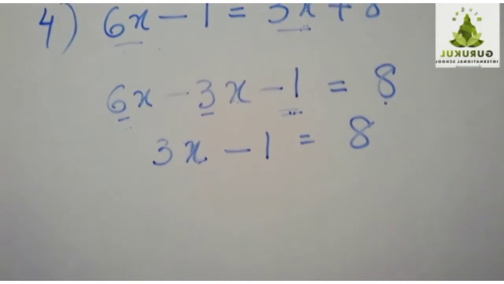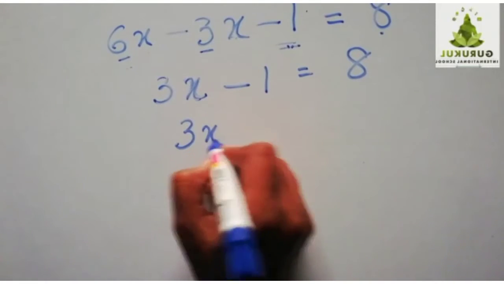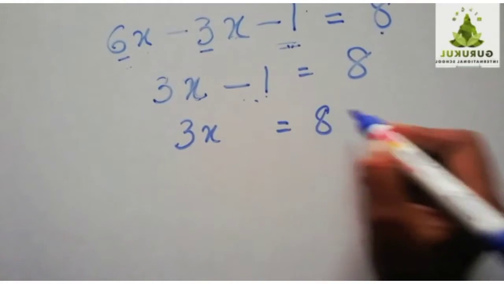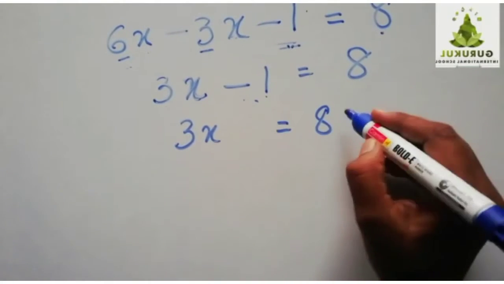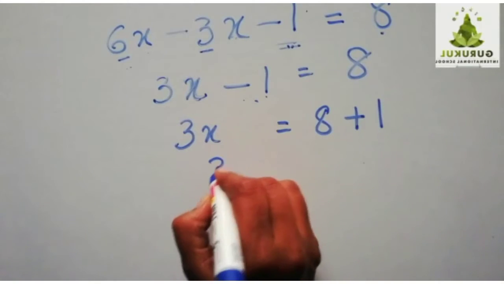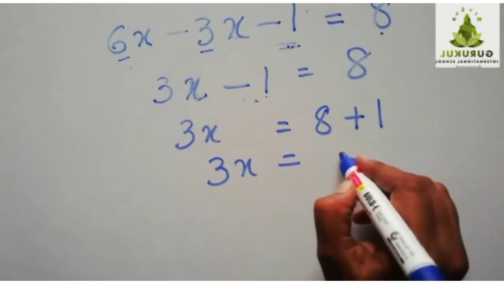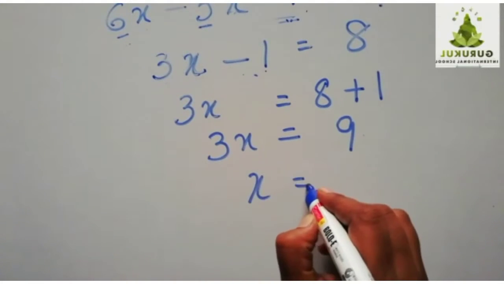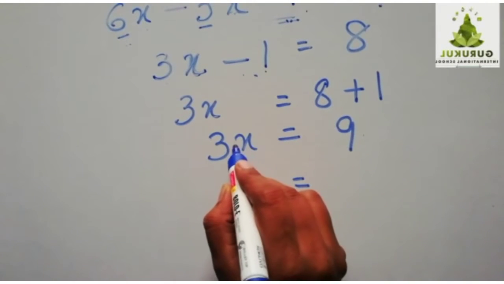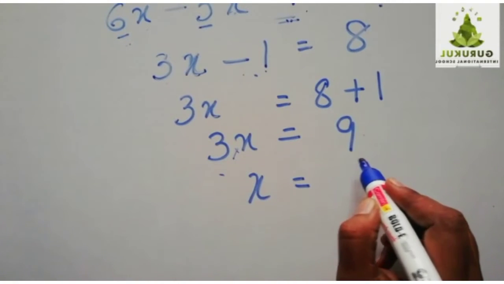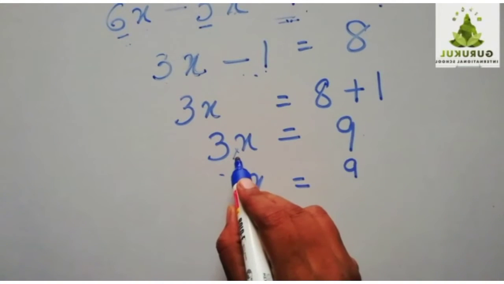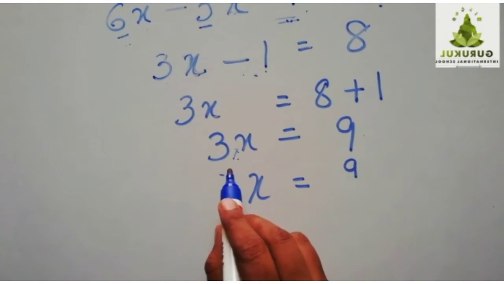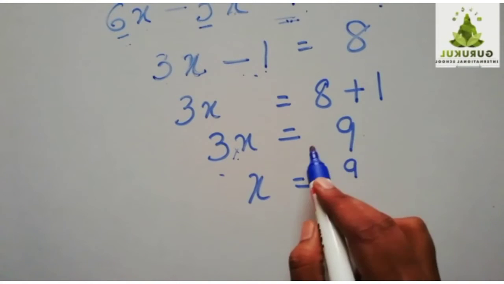Is it clear? Now 3x you write here equals, I don't want minus 1 here, take it to the other side. So here 8 is there, minus 1 comes to the other side of the equal sign, it becomes plus 1. So you get 3x equals 8 plus 1, 9. Now x equals how much you have to find. So 3x means 3 into x. When it goes to the other side, it becomes division. Multiplication becomes division on the other side. Opposite of whichever operation is there, its opposite comes on the other side of the equal sign.